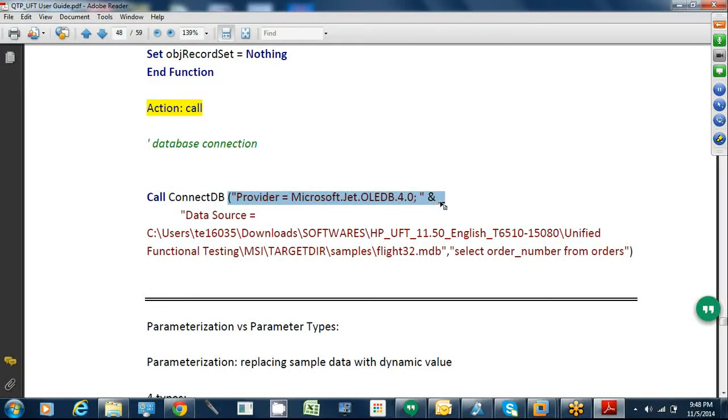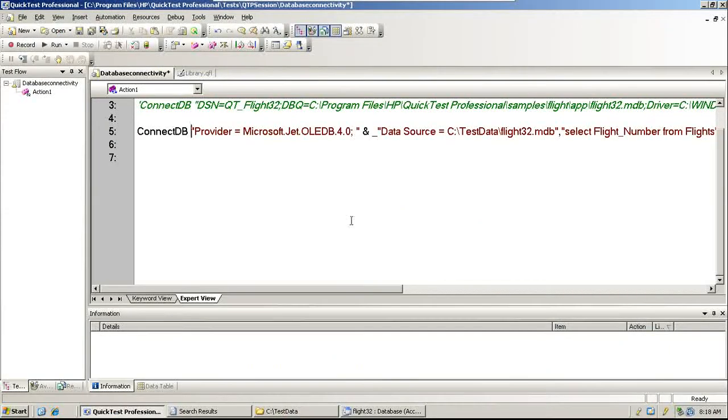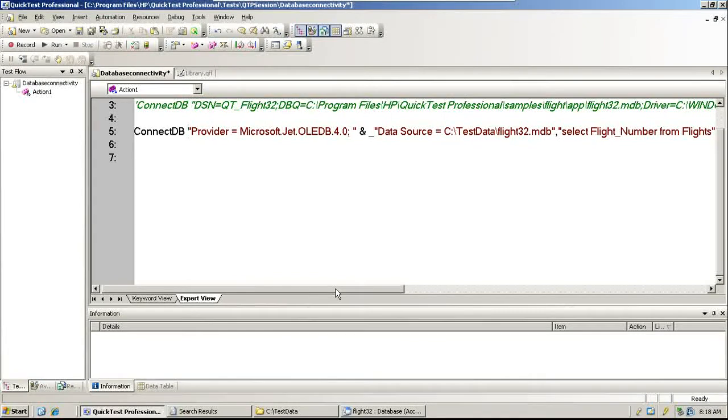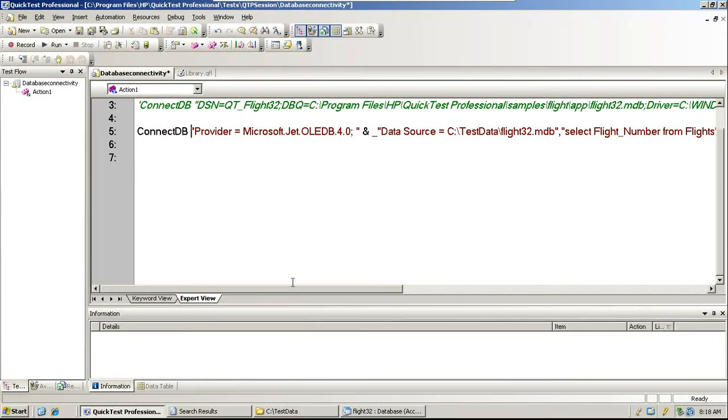Provider is equal to, underscore, then for the database. Basically we are adding this: provider is Microsoft.Jet.OLEDB.4.0. So this is the driver. OLEDB is a driver, 4.0 version, the latest version. So it must be specified. That was the error before.